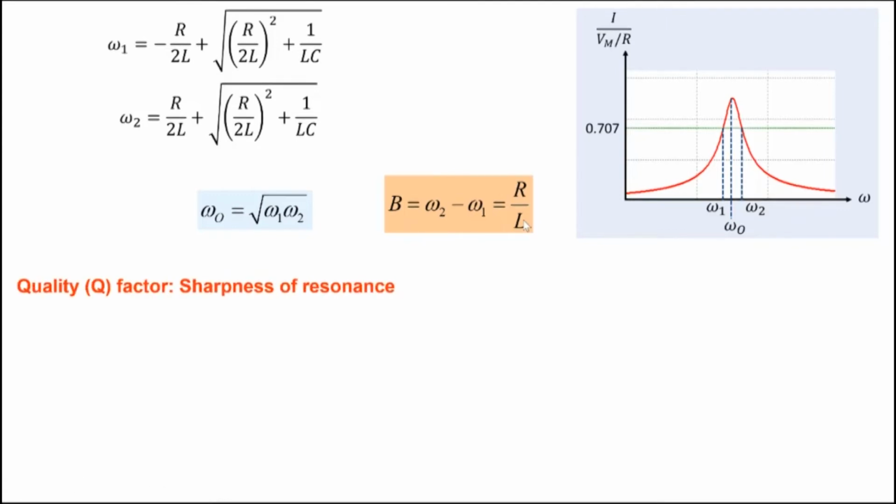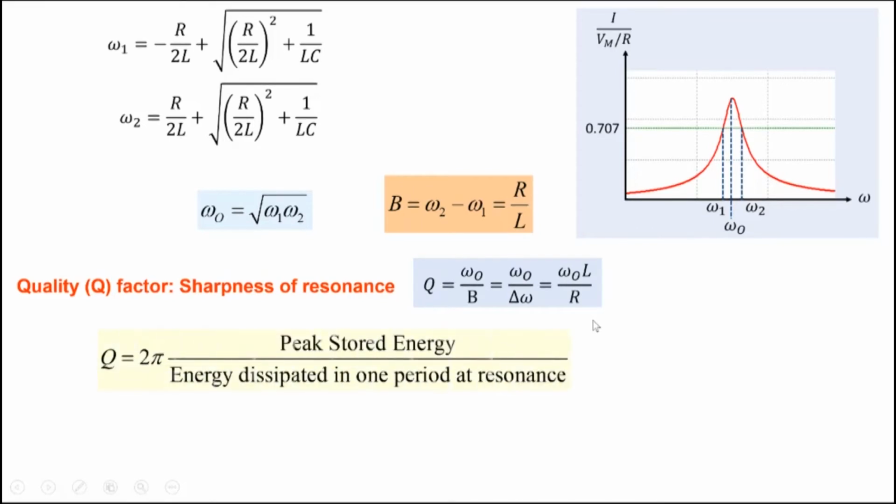And we can define how sharp my band pass filter is, or how sharp the resonance is. We are saying that this kind of characteristic is coming because of the phenomenon of resonance here. So how sharp is it? Well, we can define sharpness in terms of the center frequency, omega naught divided by the bandwidth, delta omega. And if we substitute the expression for delta omega, which is R by L, we obtain Q equal to omega naught L by R, which we had seen in other contexts also, that series resonance circuits have a quality factor,